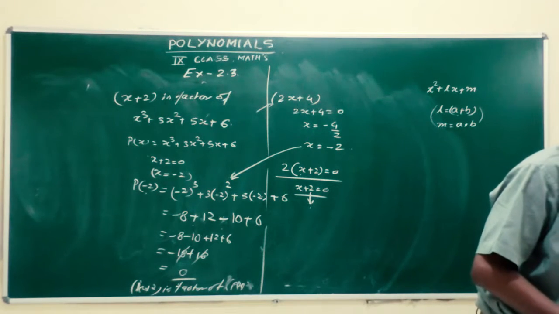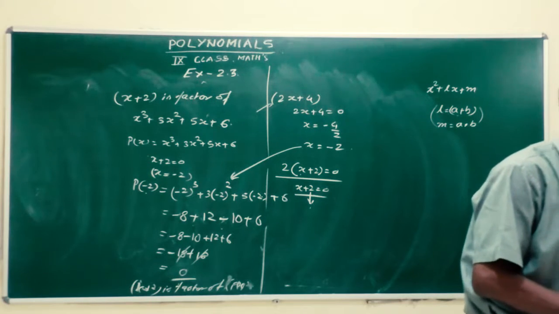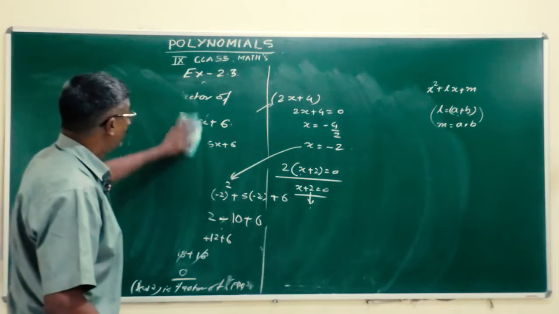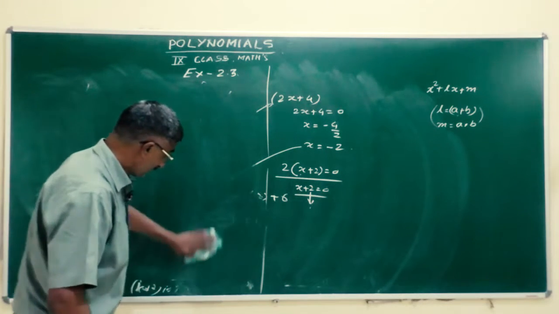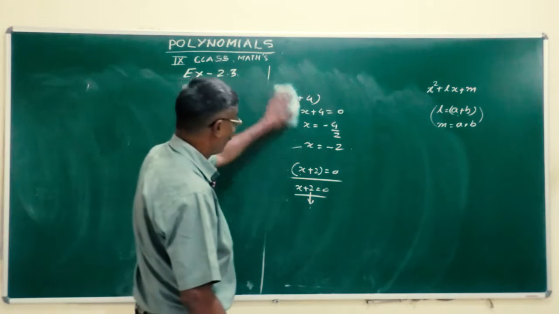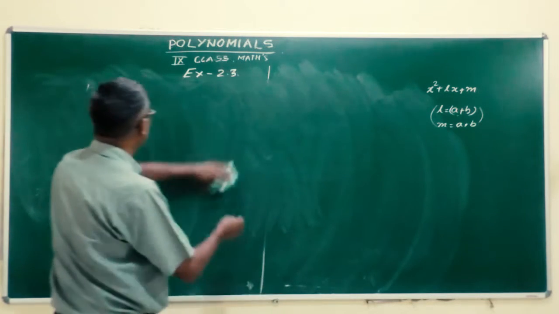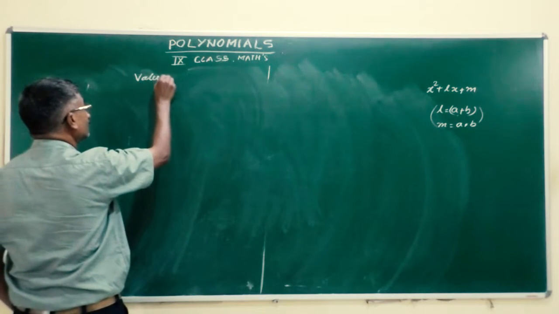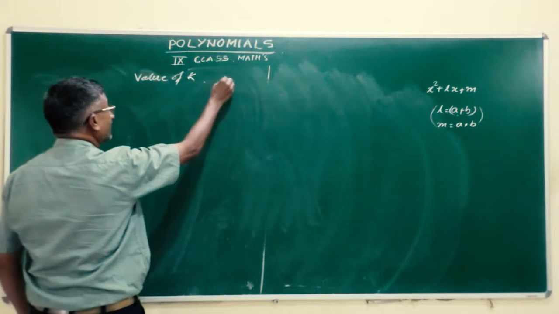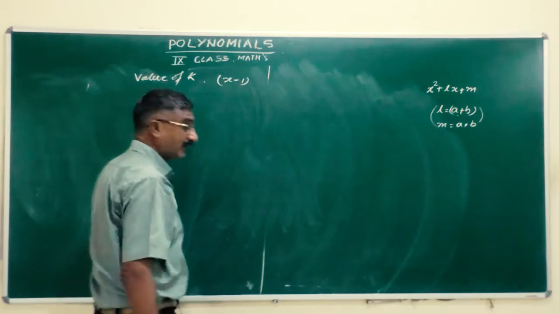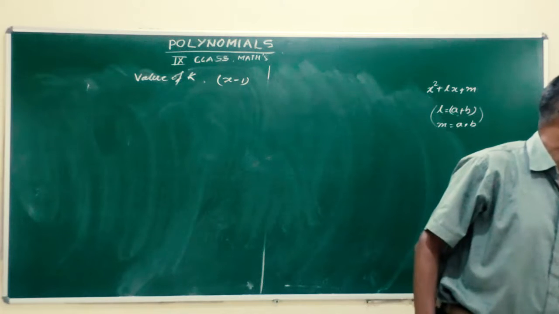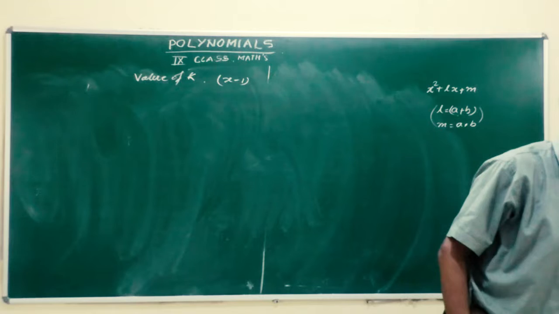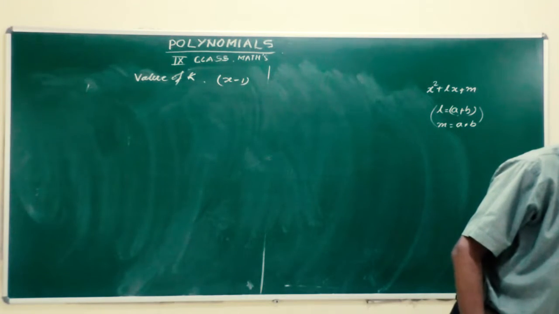Example number 12. Find the value of k if x minus 1 is a factor. It is given that x minus 1 is a factor of the polynomial, and we have to find the value of k which is in the polynomial given. We have to find out the value of k, when x minus 1 is a factor of